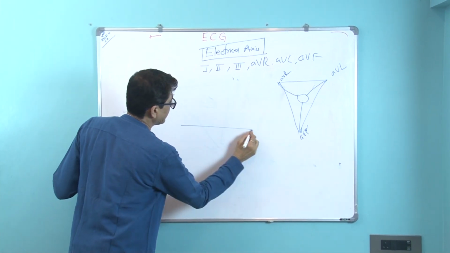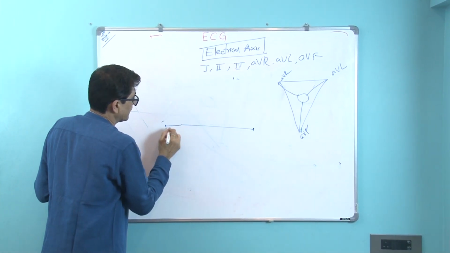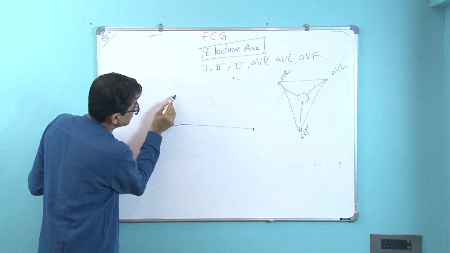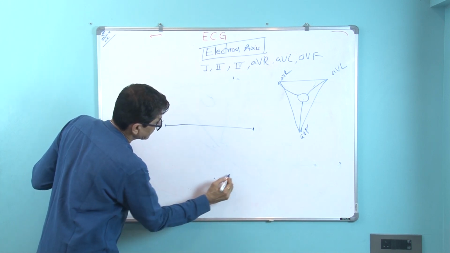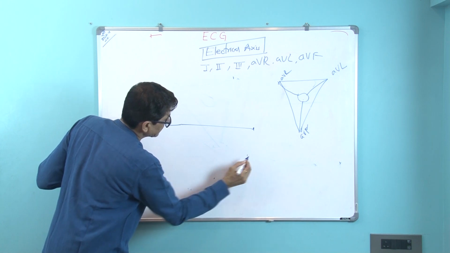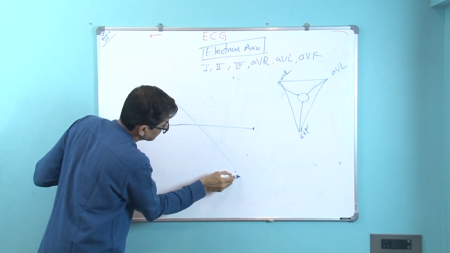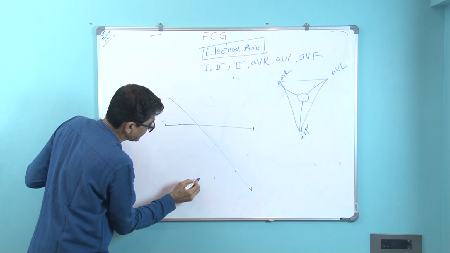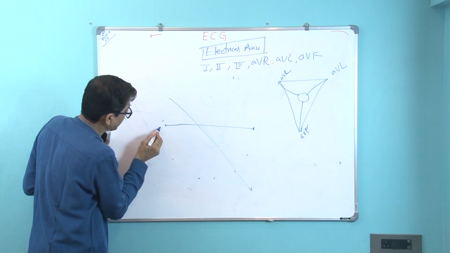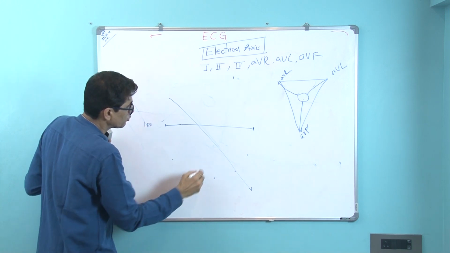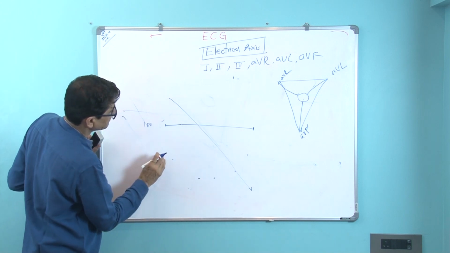So this is lead 1, exactly 60, so this is 90, 60, 30. So at 60 degree, this is lead 2, 90, 120, 150, 180, this is 180. So exactly